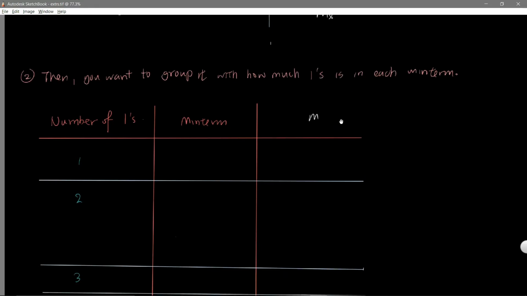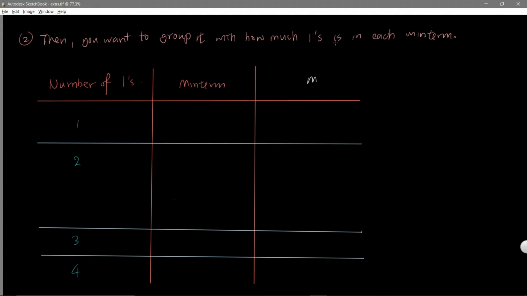Alright. Now you want to group them by how many ones are in each minterm. Let's say for M1, M1 is 0, 0, 0, 1. So it has only 1 one, as well as the M4. Alright. Which ones have 2 ones? The M3, M5,